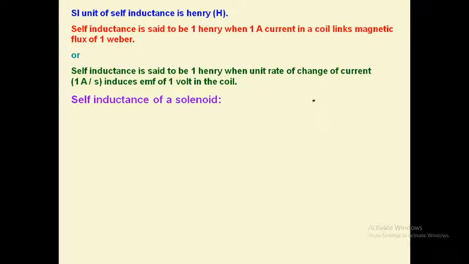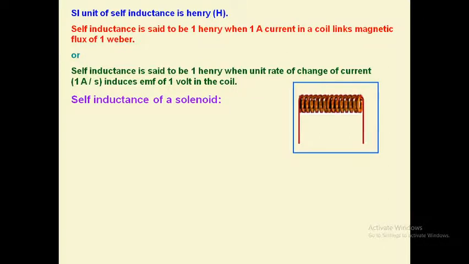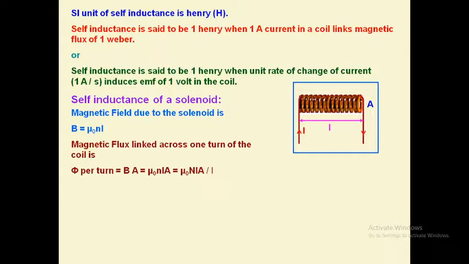So this topic is very important, self-inductance of a solenoid. Solenoid is something which you know very well. This is a solenoid. So how much self-inductance will it offer when we try to increase or decrease current through it? Let's say its length is L, area is A, some current I is flowing. So you know the magnetic field of a solenoid. Already you studied these things. It's mu naught n i. So you have the magnetic field, then what is the flux for one turn? It's B into A. You can put the value of B.